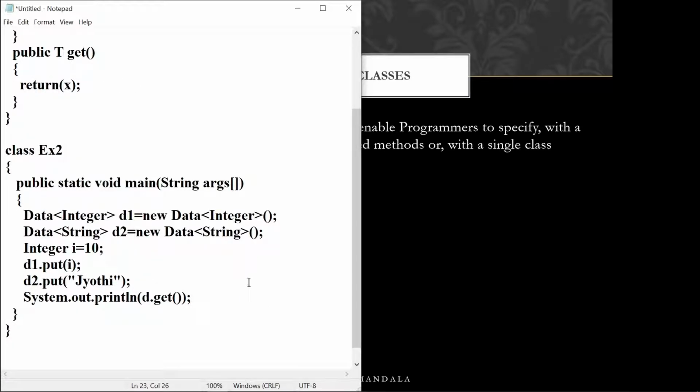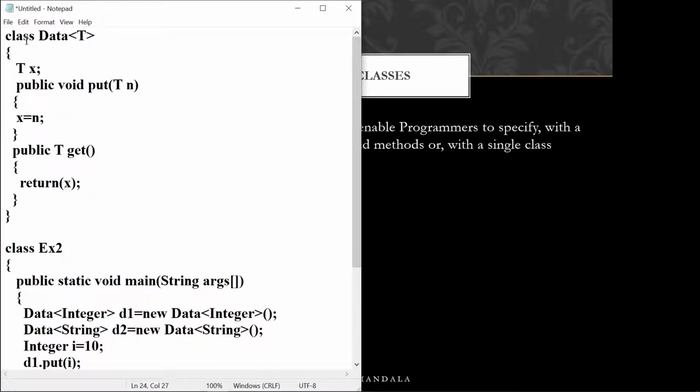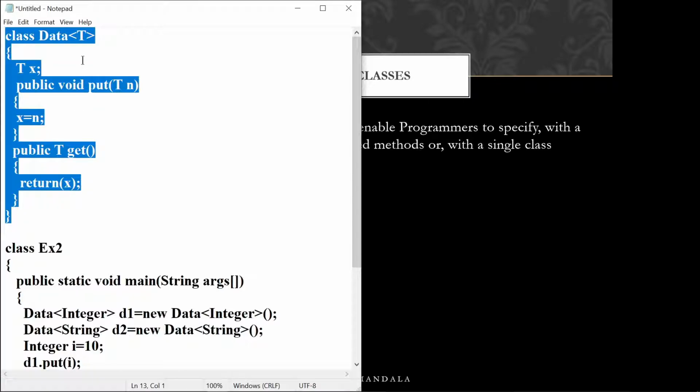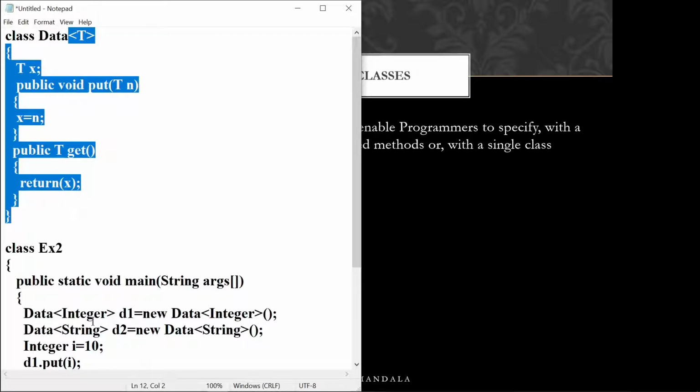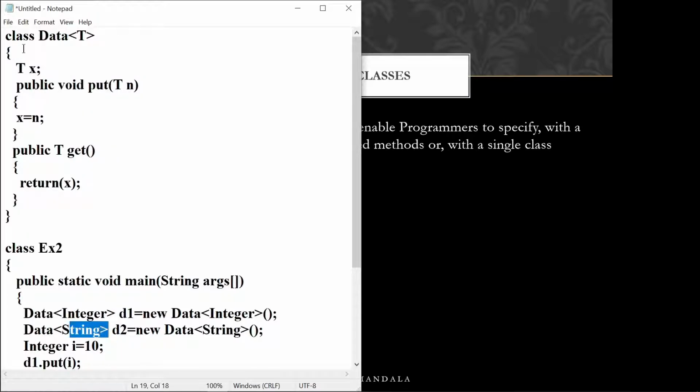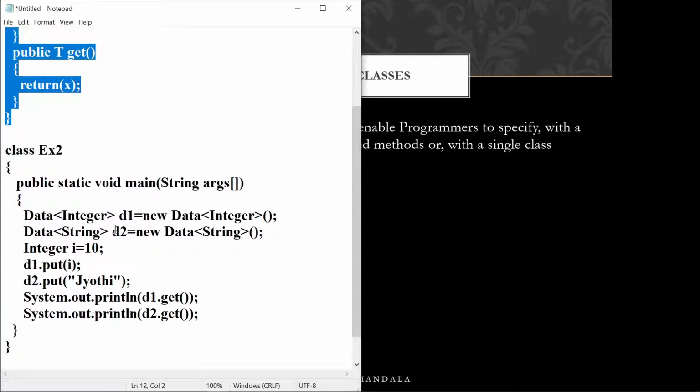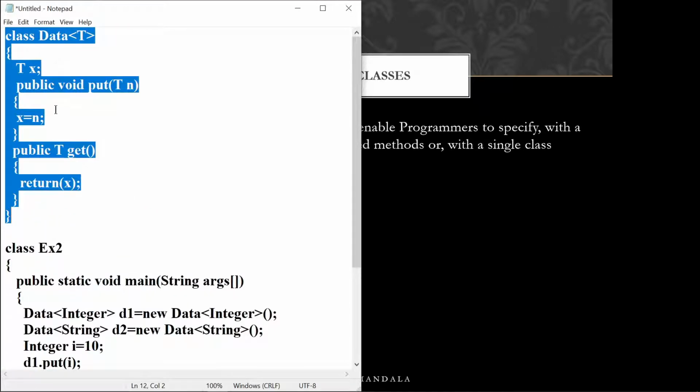So to understand this, we'll take this one as d1 dot get, and I'll copy this one. Okay, d2 dot get. I hope you all are clear, you are following. So what I have done is, the same class will work for multiple data type objects. The first object is of integer type, and it will work for that. The second object is of string type, and again it will work for that one while passing the arguments. Such a class is called a generic class.